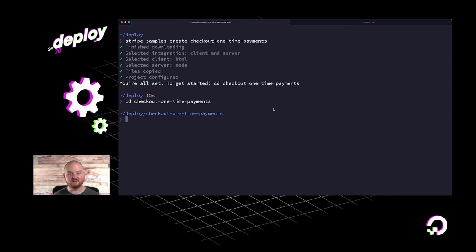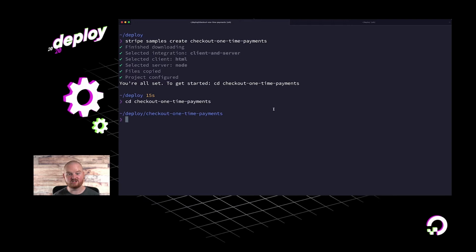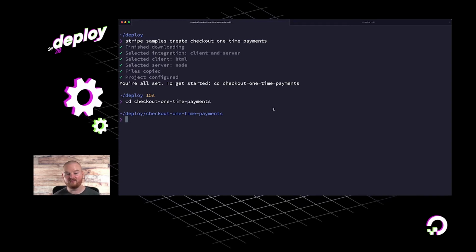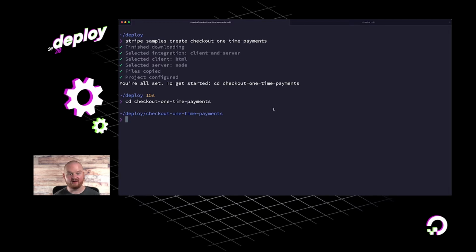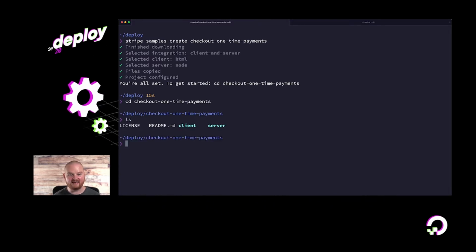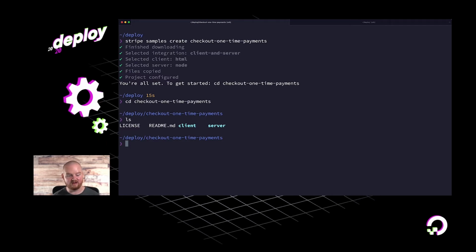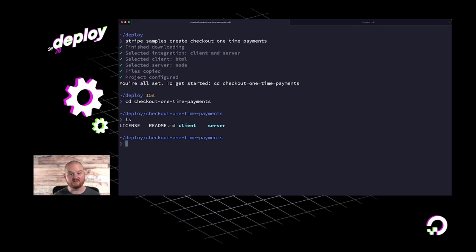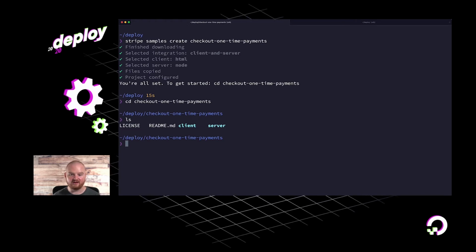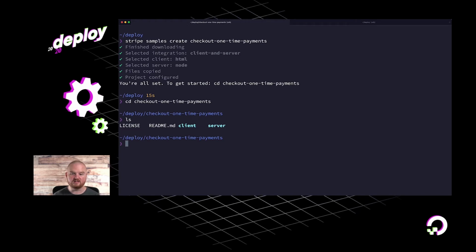All Stripe samples are full end-to-end working examples that show how to build a Stripe integration with a specific product. Today, there are more than 50 samples available on GitHub, and they all have a client and server directory, and they make use of these .env files for setting environment variables to configure the sample. So when installing with the CLI, some of the environment variables are populated for us automatically.